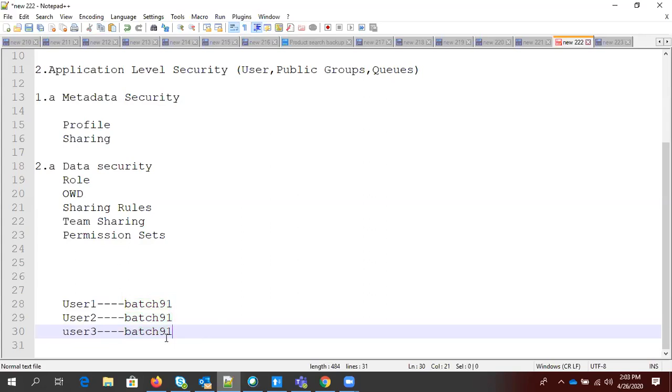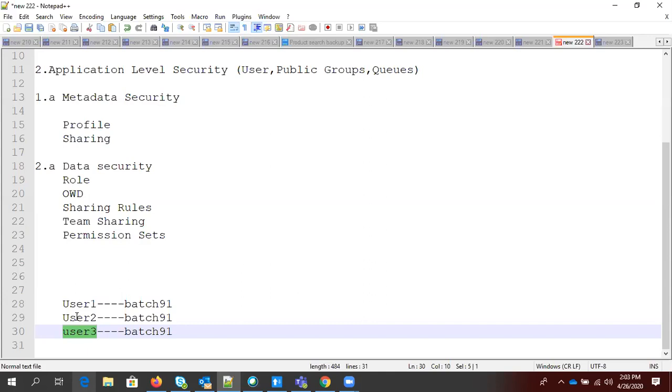So one solution we have is to create a different profile, give the access of the marketing app to that profile, and assign it to user 3. But in Salesforce, it is highly recommended to keep profiles as minimal as you can, for maintenance purposes. If you have a lot of profiles, it will be very hard to manage them.